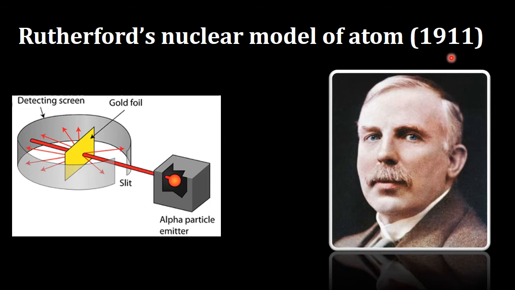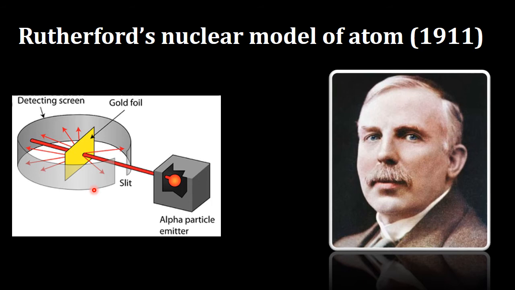He observed the path of the alpha particles by means of a fluorescent screen around the gold foil. This detecting screen which you can see in this picture is the fluorescent screen which he had used. Here you can see a slit from which these alpha particles passed. Now it was expected that alpha particles would get reflected from the gold foil if the positively charged mass were evenly distributed inside the atom, according to Thomson's atomic theory.